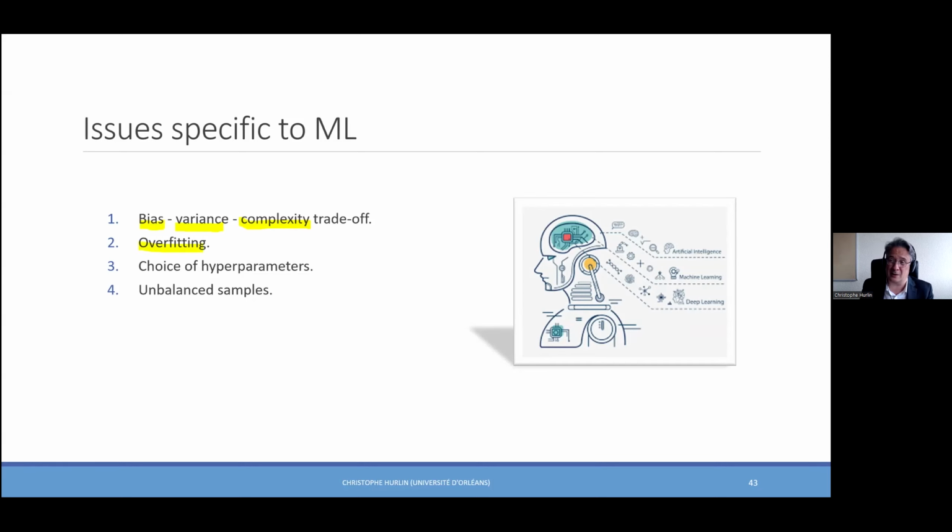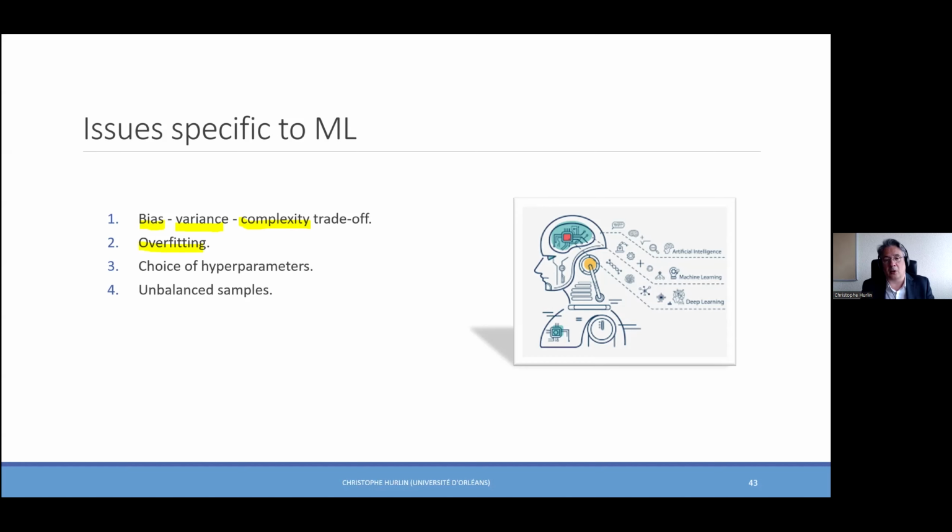The fact that your model is good in sample, so on the training data set, your model has a very high level R-squared or high AUC, whatever, and its performance is poor out of sample, on the test set. And this is particularly problematic for a forecasting model because it corresponds to a lack of generalization. So your model is not able to provide good forecasts for new data on which it has not been trained.